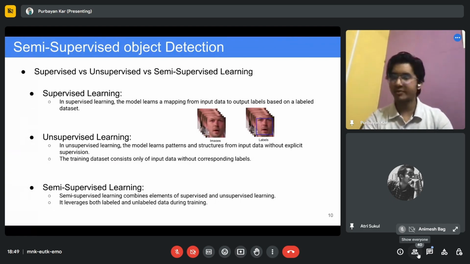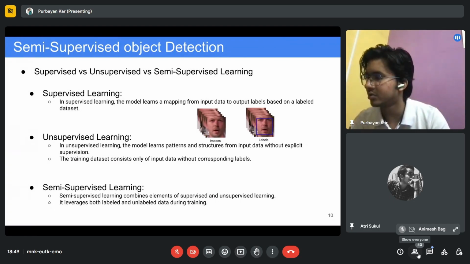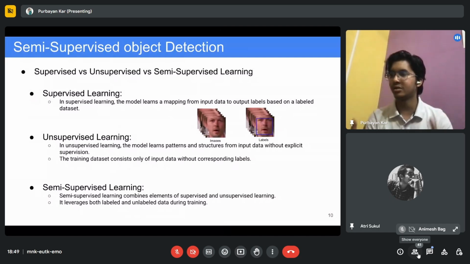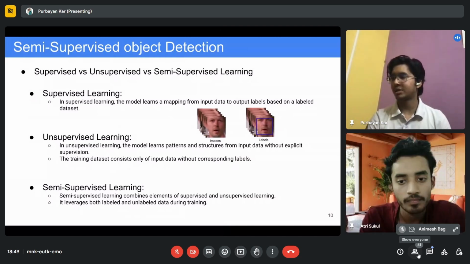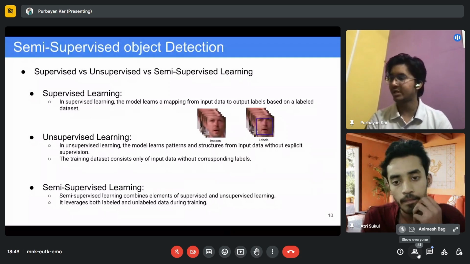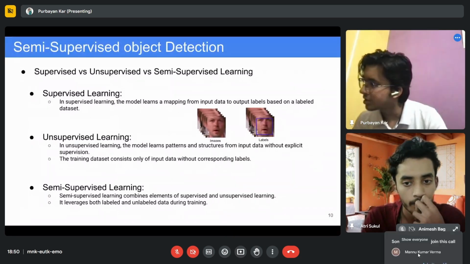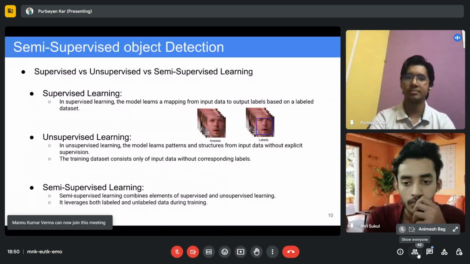This is a very interesting question actually: how can we do supervised learning on small sets of data? I will answer this in a subsequent slide. It's a very nice question. If you know the technology behind ChatGPT, it was trained practically on the entire internet, so that's another food for thought. But I will answer how we can do supervised learning using small sets of data in subsequent slides.